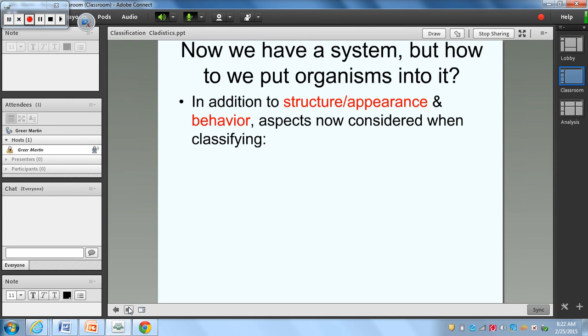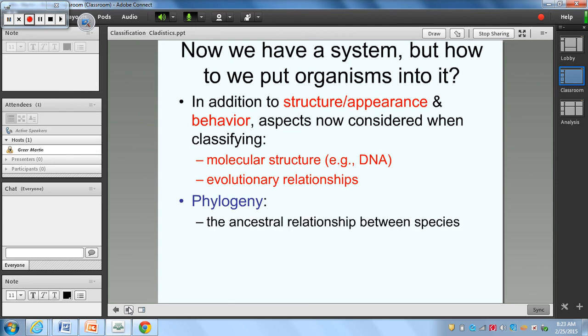Alright, so now we have this organization system, but how do we put organisms into it? So how do scientists classify? In addition to structure and appearance and behavior, another aspect that we consider when classifying is DNA. So we just left the DNA unit, and they can use all those biotechnology tools to look at the evolutionary relationships between the different species. Another one is